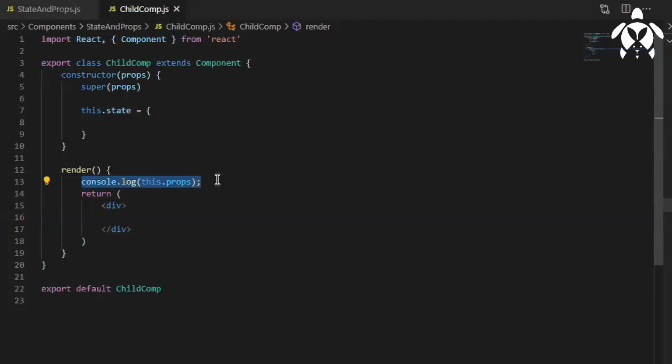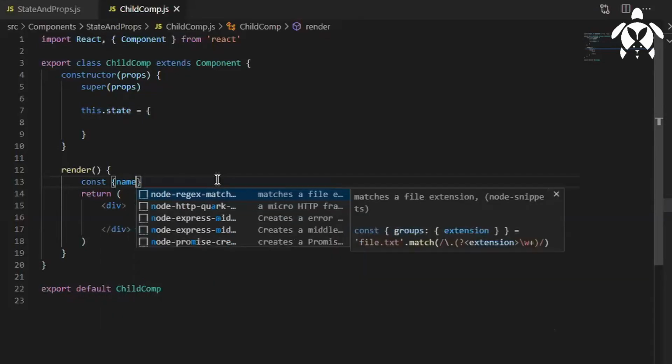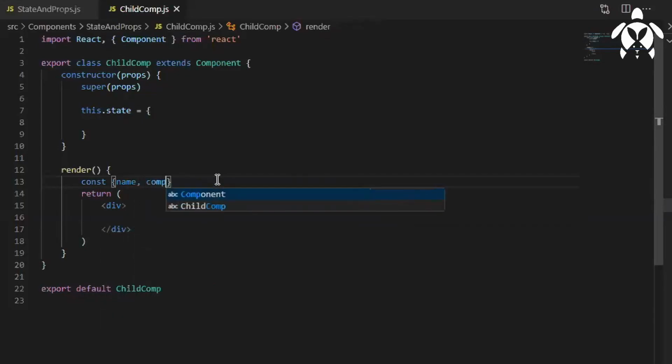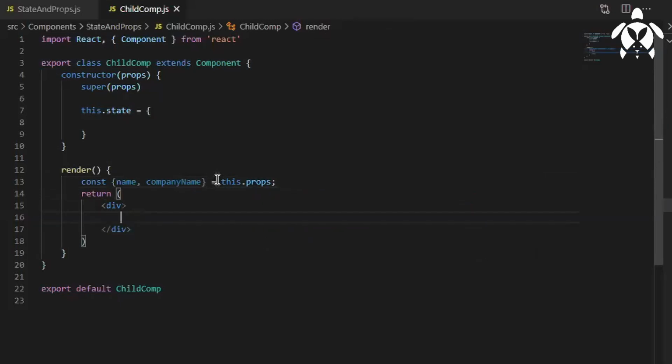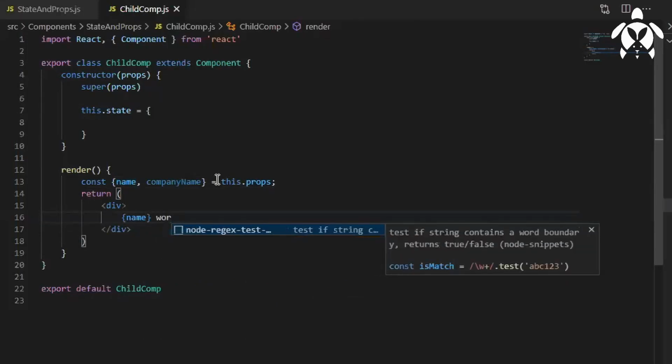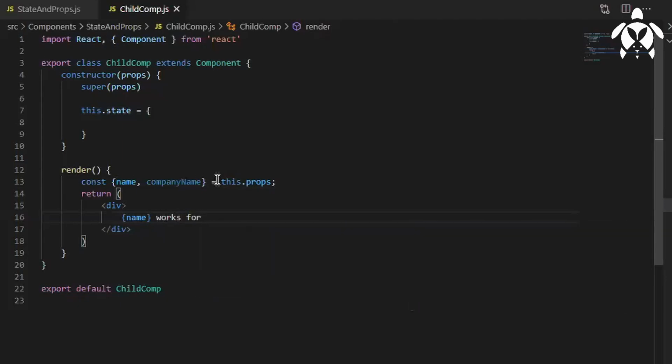Now I have got this data, so I can destructure them. You have seen I was getting a name and company name, so I'll destructure them. I'll write this.props, then write name, "Rakesh works for", and then the company name.